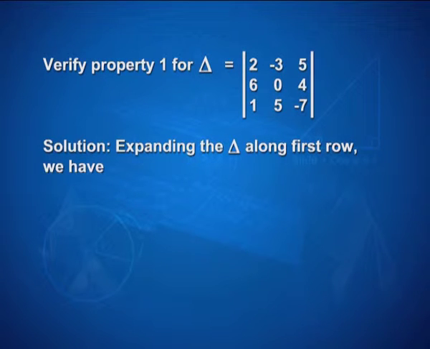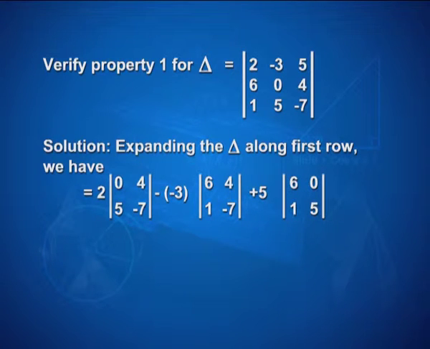For the solution, expanding the determinant along the first row, we have the determinant is equal to 2 multiplied by determinant 0, 4, 5, minus 7, minus of 3 multiplied by determinant 6, 4, 1, minus 7, plus 5 into determinant